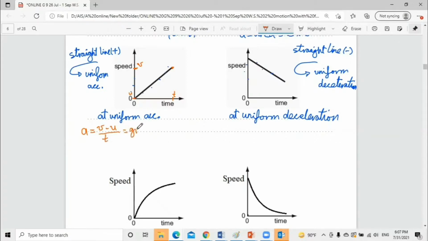It's equal to what يا شباب؟ أيوة، it's equal to what؟ Tangent أو إيش؟ أو gradient. شكرا. Okay, so v minus u divided by t is the gradient, the rise over run. I'm changing the y-axis, v minus u، على ال x-axis اللي هو t. Okay, so I'm talking about what, gradient. The same thing here. Acceleration equal gradient. No problem. طيب